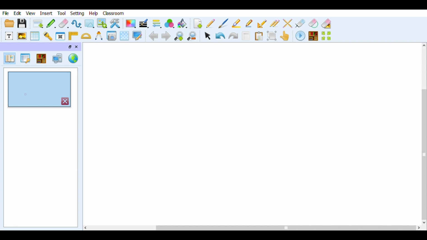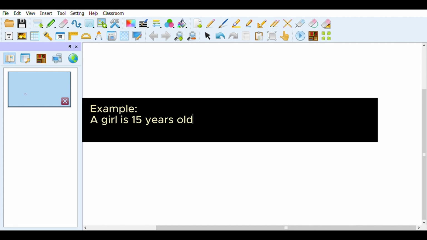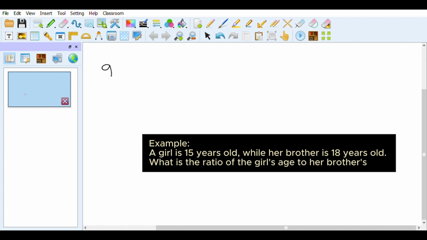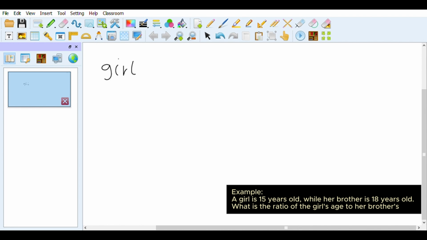In our first example, a girl is 15 years old while her brother is 18 years old. What is the ratio of the girl's age to that of her brother? So in the question, we have the ratio of girl to the brother. That's what the question is asking. From the question, the girl's age is 15 and her brother's age is 18. The girl is the first, and the brother is second. So the ratio is